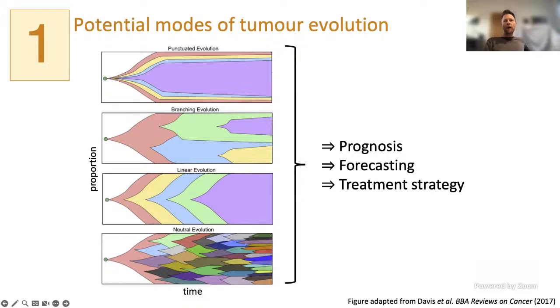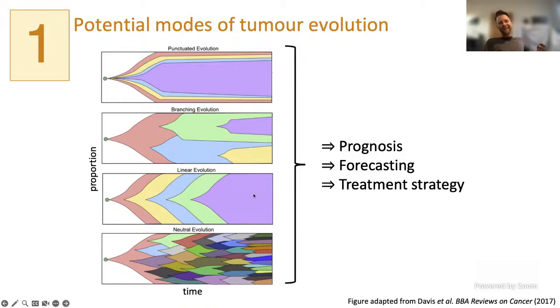And in this review, they proposed 4 different ways in which tumors might evolve. So in the first case, we get punctuated evolution, which means that all the interesting stuff happens early on. We get a few selective sweeps, which means that some mutations manage to spread through the entire tumor because they are beneficial to the cells. They give them higher fitness, more competitiveness. But then after that, there's pretty much stasis, and the tumor doesn't do very much in evolutionary terms. It just grows outwards.